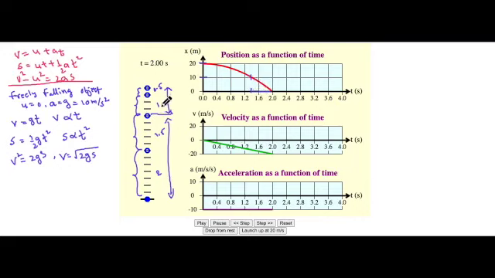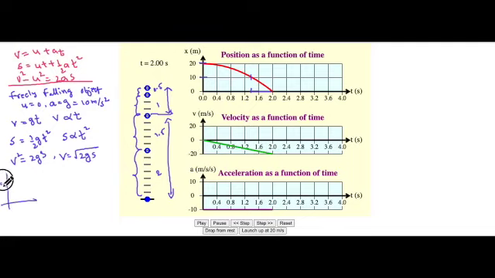So this is how a position versus time graph varies for a vertically dropped object. As I have mentioned here, v is directly proportional to t, which means the acceleration is constant, so the velocity increases linearly with respect to time, and you will get a straight line. So this is the velocity versus time graph. I'll just try to redraw it for you.